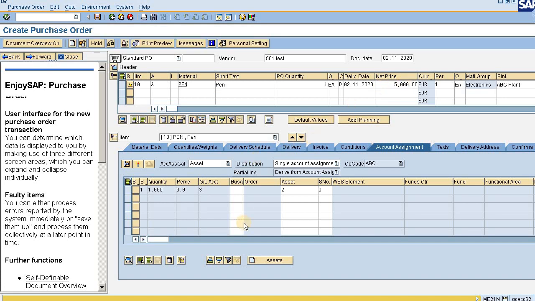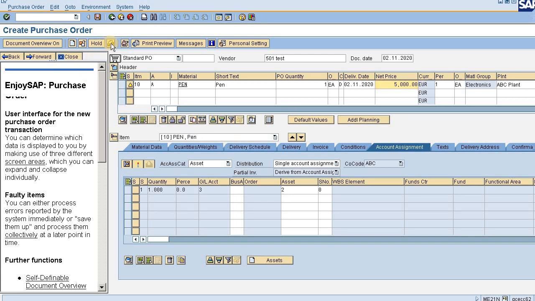Just pressing enter. Yes, see, wrongly I have given 5,000 here. I tried to give 15,000 at first, but 5,000 is also fine. So let me purchase an asset with one quantity amounting to 5,000. So that's fine. Let me go by the 5,000 only.